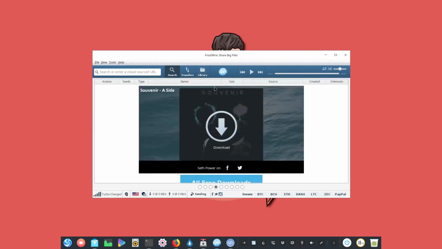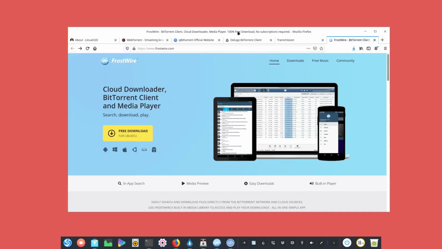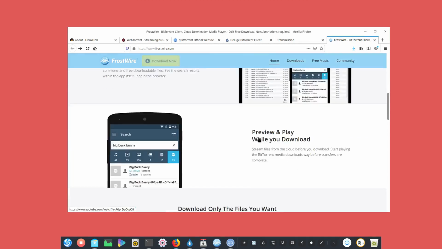As you can see, this is the tool, and you can go to the official website of this tool and download it from there, and it's also cross platform just like the other torrent clients. So you can install the torrent client on different distributions or the operating systems that are available. And the plus point here is that it's also available for mobile. I mean, you can install it on Android as well.